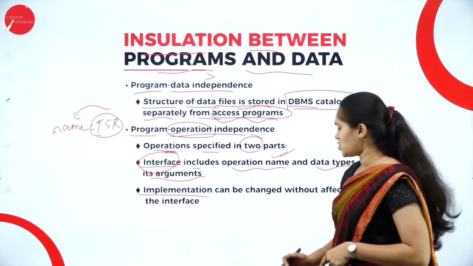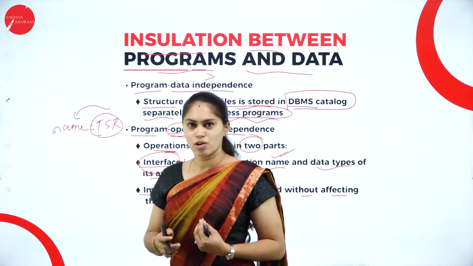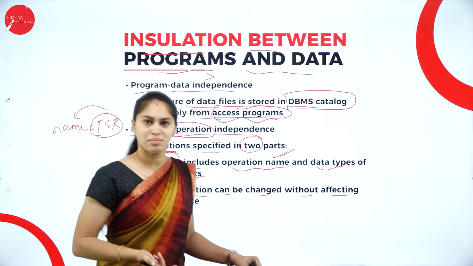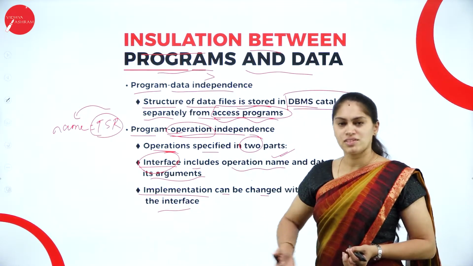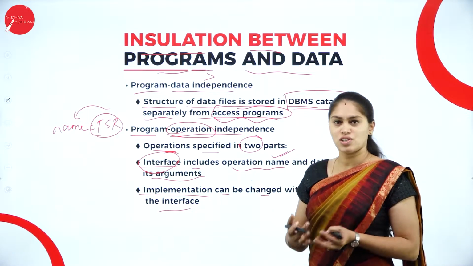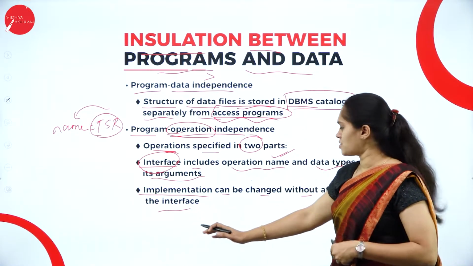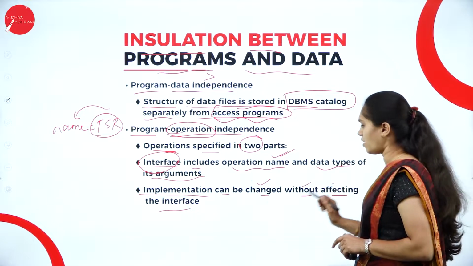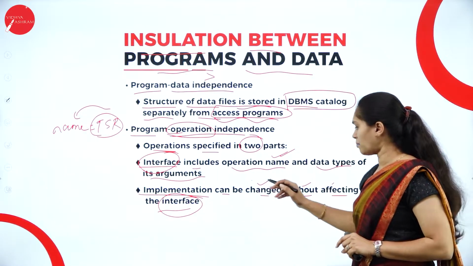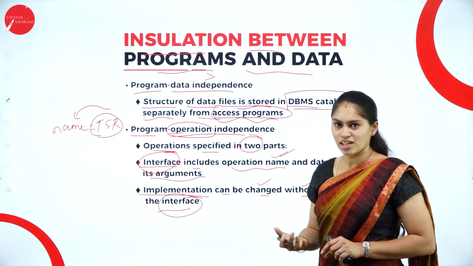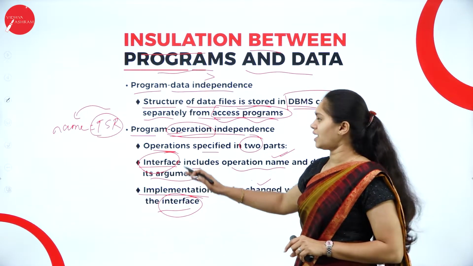Then what about the implementation? It can be changed without affecting the interface. For example, if you are updating WhatsApp, it should still allow you to send a message. If it is not allowing that, it is not worth it, right? So if I am updating any of the applications, or modifying my database, it should not affect its interface. That is, the implementation can be changed without affecting the interface. If I am sending messages and in the same way updating or modifying the content of WhatsApp, that should not affect its interface. So we call that